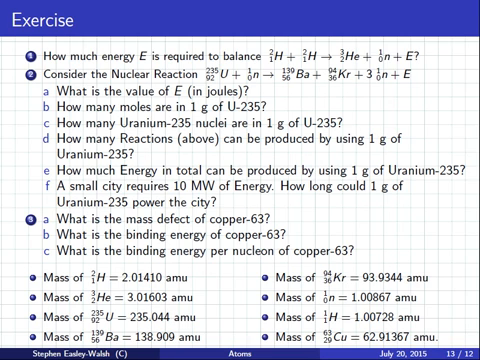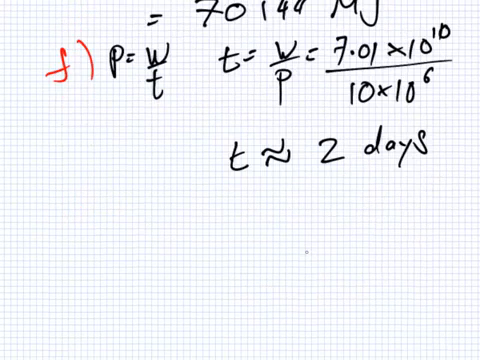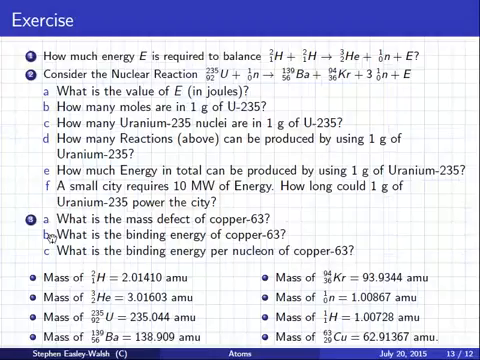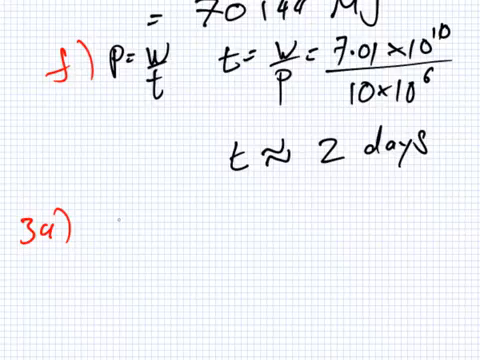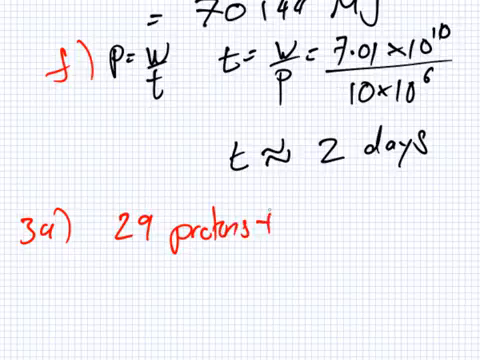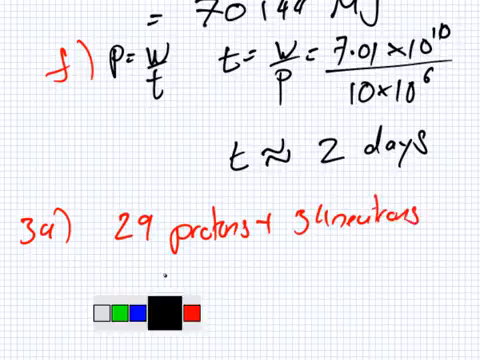But anyways, what is the mass defect of copper 63? So copper 63 should have 34 neutrons, and how many protons? 29 protons. So if you do here 29 protons plus 34 neutrons, this is equal to